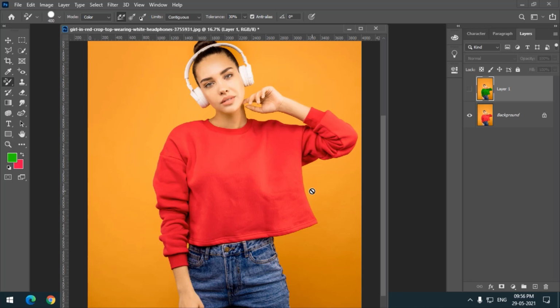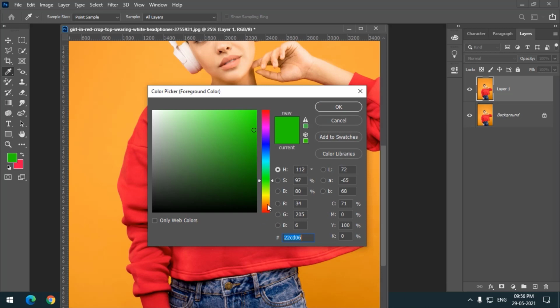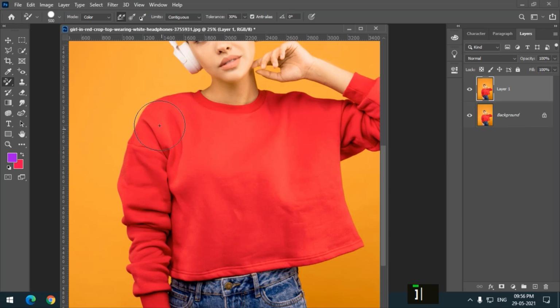Now what if I don't want to select the area? What if I want to use it directly? Not an issue. Again, Ctrl J. I will select some other color. Let's say I want this lavender color. Just remember, there is a plus mark inside this round brush. So this is our brush that I am changing the size of. You can see a plus symbol at the center of this brush.